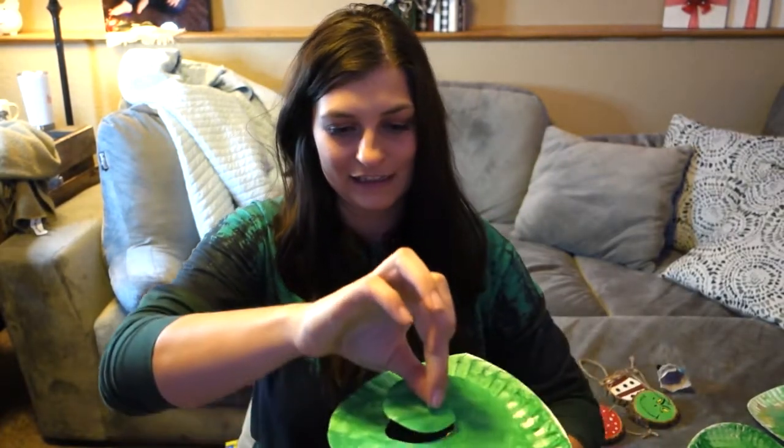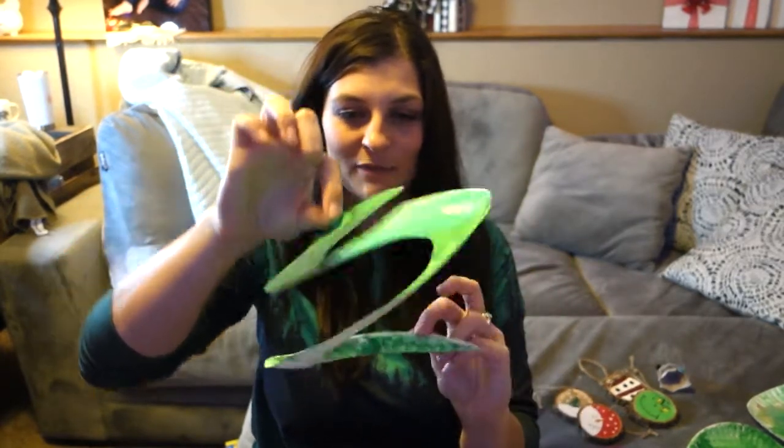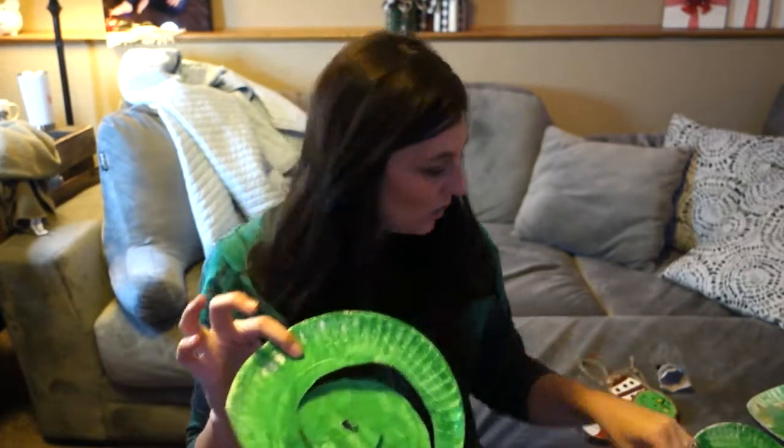Alright, so it's going to look like this. And then what we're going to do is we are just going to put some little ornaments. I'm going to use the hole puncher, punch little holes in there, and then I'm going to use this ribbon, dangle those down. And then I'm going to